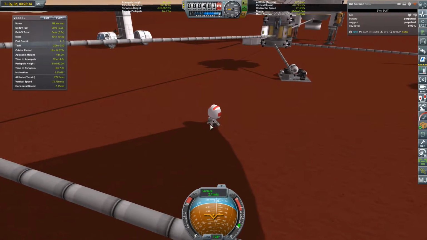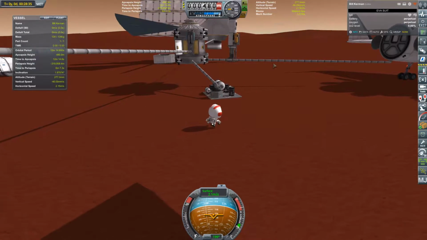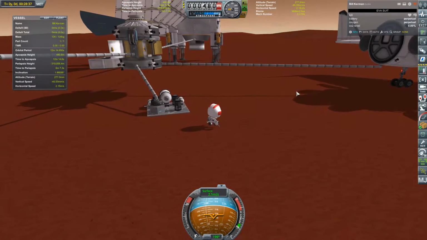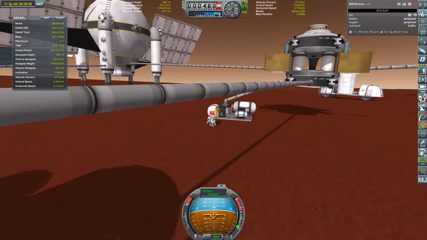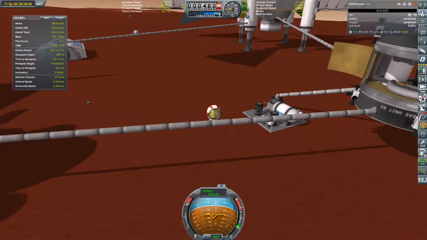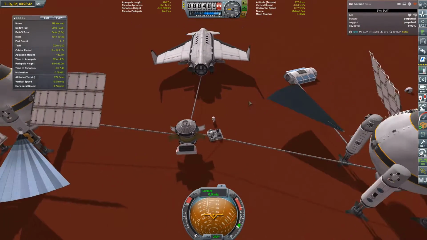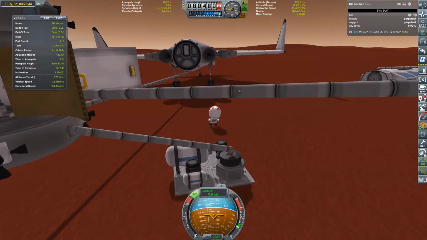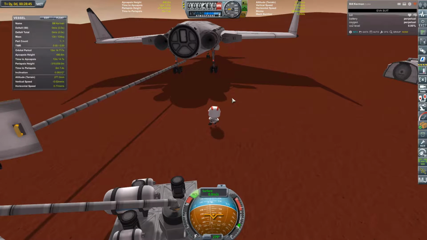So yeah, we are actually winning here. This base is an utter mess with pipes and cables and bits and pieces going everywhere, but it does work, strangely enough. It is a little bit laggy in places, particularly after you've been here for a while. That's terrible. Seriously, the frame rate gets so bad after about an hour worth of gameplay that